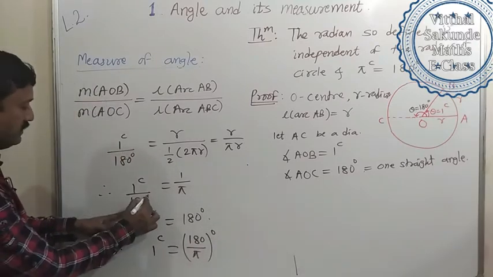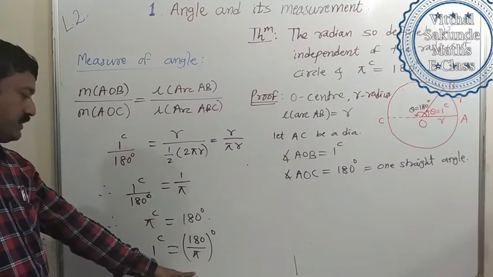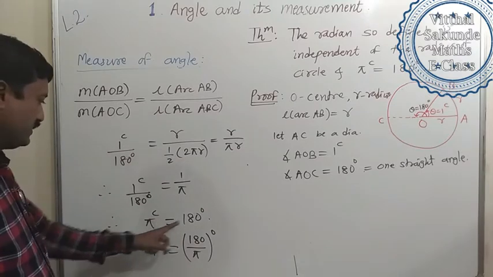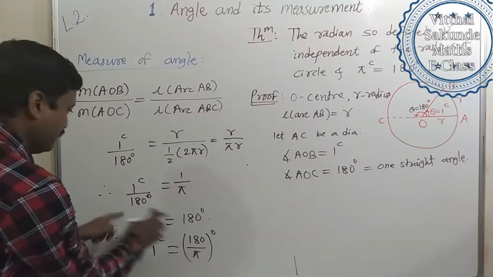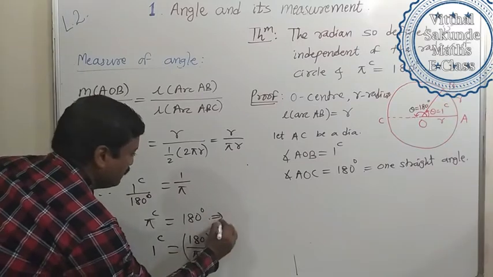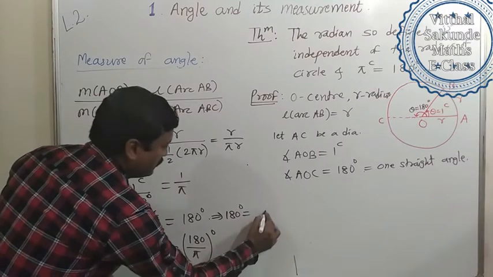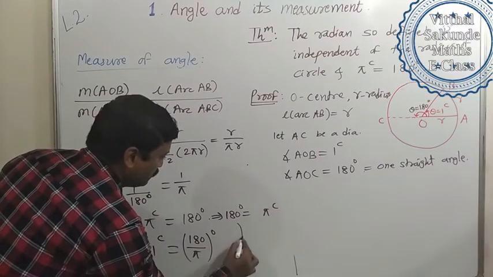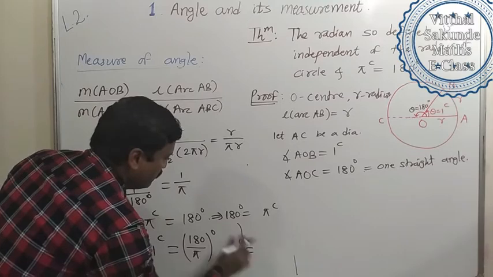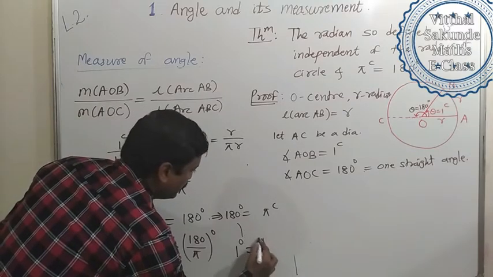Taking only 180 degree to the right, we get this one. Or from this we can write 180 degree is equal to pi radian. So this gives us 1 degree equal to, dividing both sides by 180,